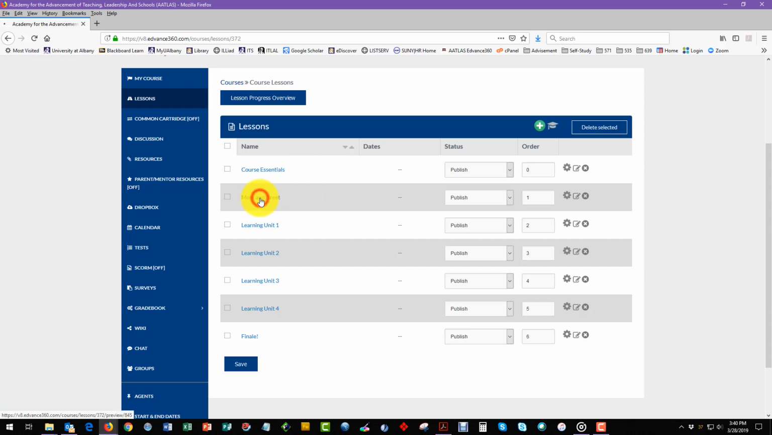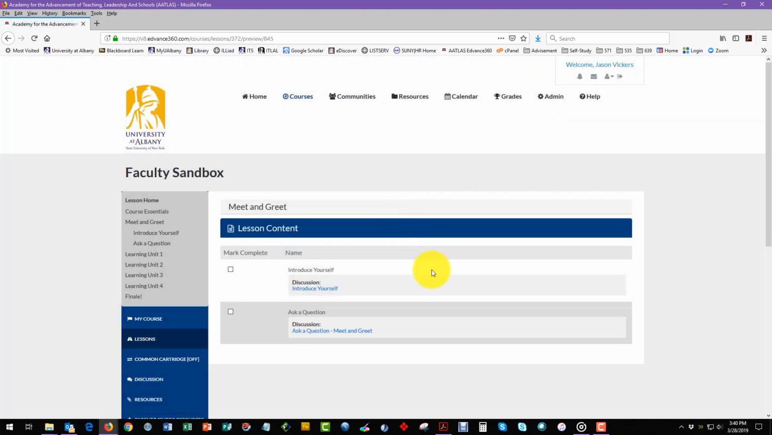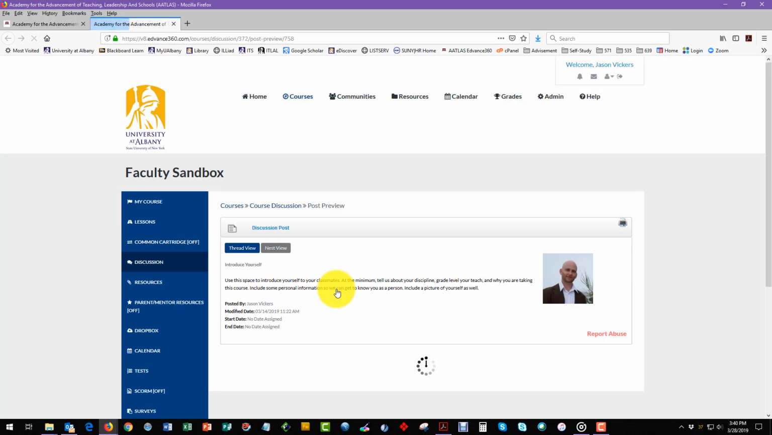The Meet and Greet area must contain an introduction for yourself and an Ask a Question section. You can add a few other categories as you see fit. For instance, I will be adding a letter to the students to introduce themselves a little more to the course. But for this activity, I want you to complete the introduce yourself